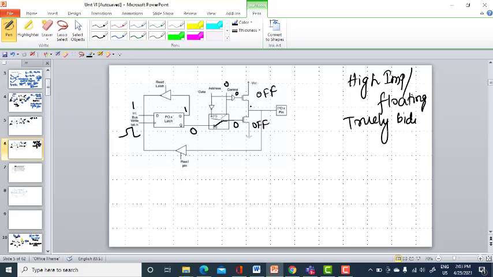When it is in the truly bidirectional state, see here, it is now an output pin. So this 1 has to appear here at the output. When port P0 has to function as an output port, an external pull-up resistor has to be connected here. Only then, this high is connected here, no, and will be available at the output.